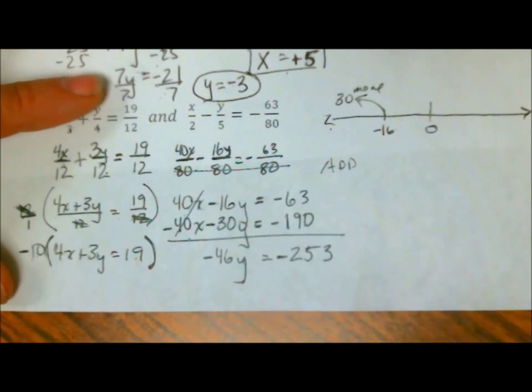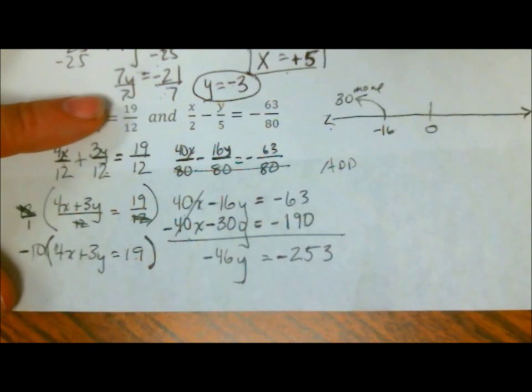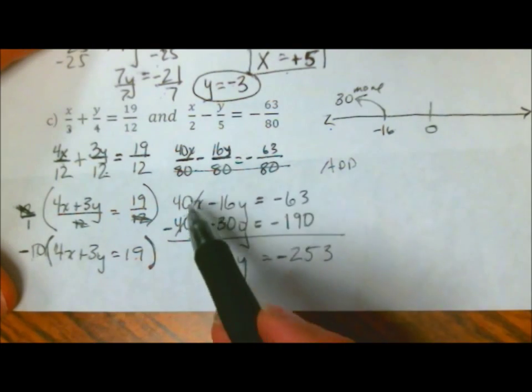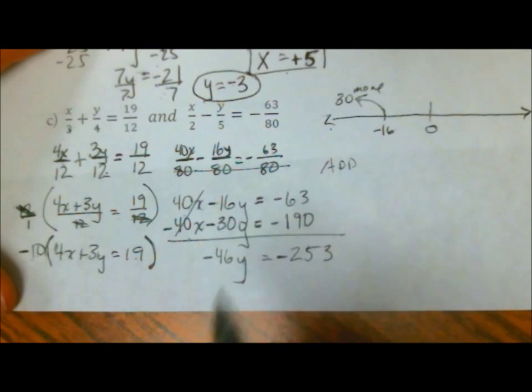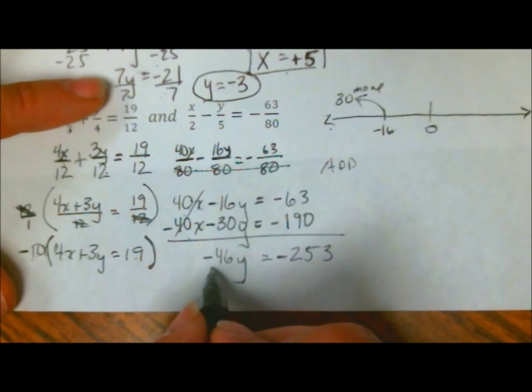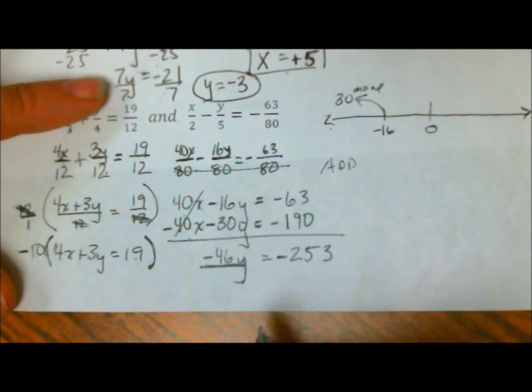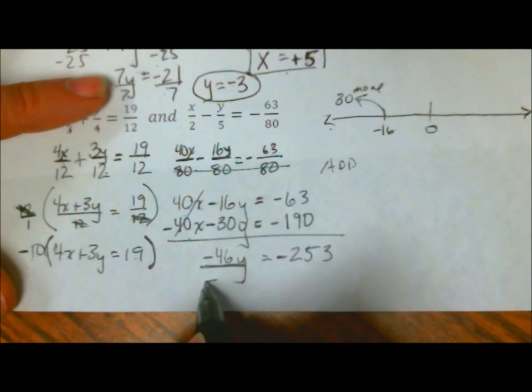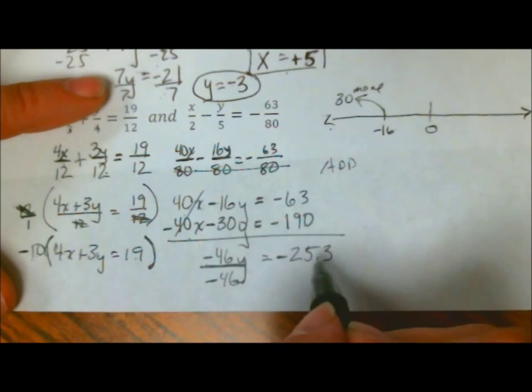So I have negative 253. Well, that looks kind of ugly, but if I go back and check my math, I've done it correctly, so I stick with it. Don't let it scare you that they're big numbers and they're negative and they don't match very well and they're odd and all that kind of thing. If I divide both sides by a negative 46, just like everything else I've done,